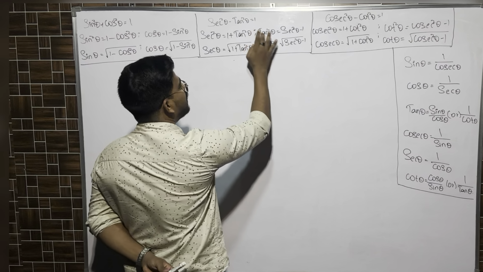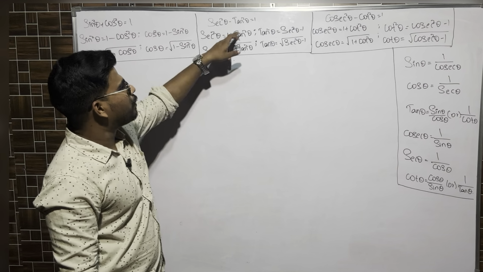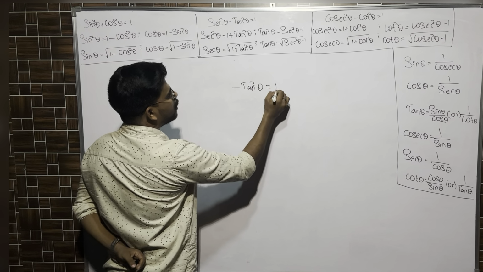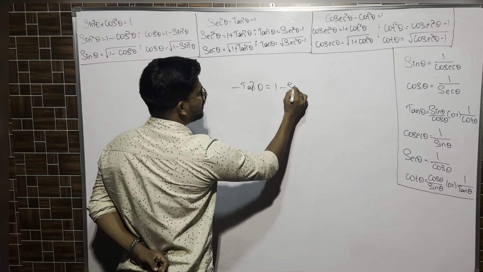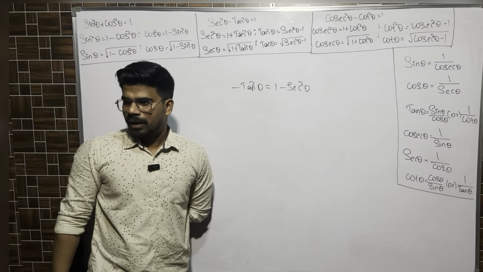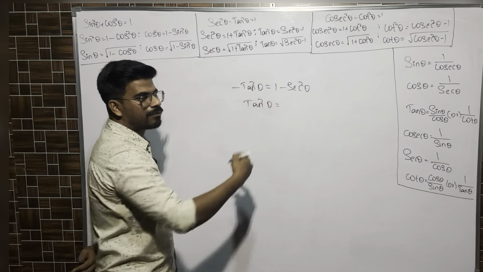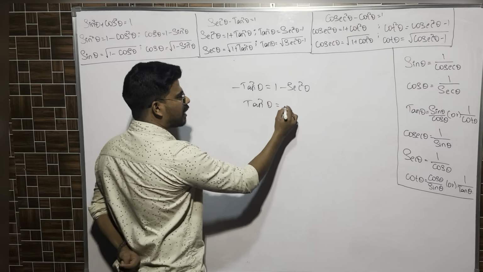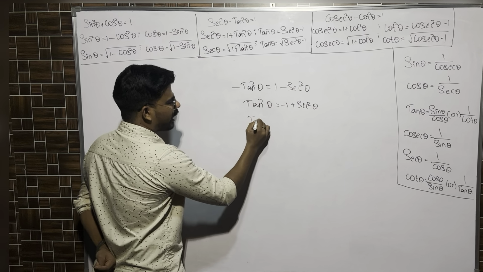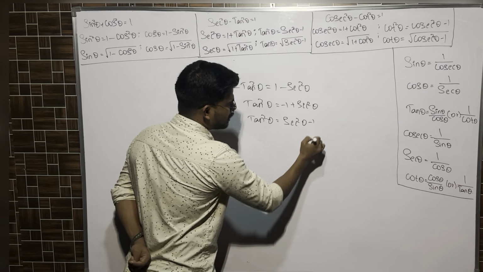Next, I am keeping tan square here. So basically, if I put tan square over here, it will become minus tan square theta. Minus tan square theta is equal to 1 plus secant square, which will become minus secant square. Are we supposed to find the value of minus tan square or plus tan square? Plus tan square. If I send minus over there, basically we cannot send minus, we have to multiply by minus. 1 will become minus 1, secant will become plus secant square. So instead of writing like this, we will write the plus term first: secant square theta minus 1.